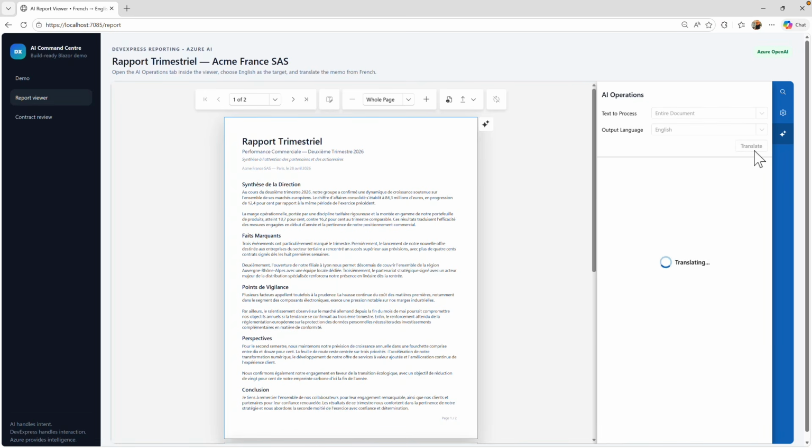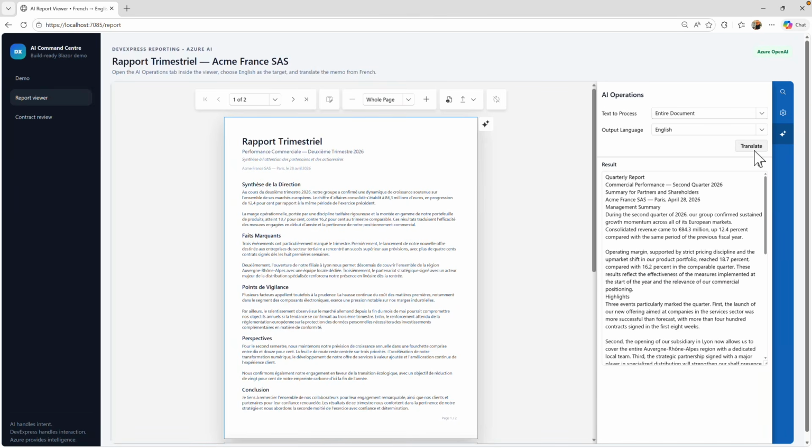Now note that there's no custom chat panel on this page. The DevExpress report viewer owns the AI experience. Now the report itself is a standard XtraReport, sets up a French memo section, and builds a simple report header, detail band, footer, and page footer. And if we jump back into Visual Studio